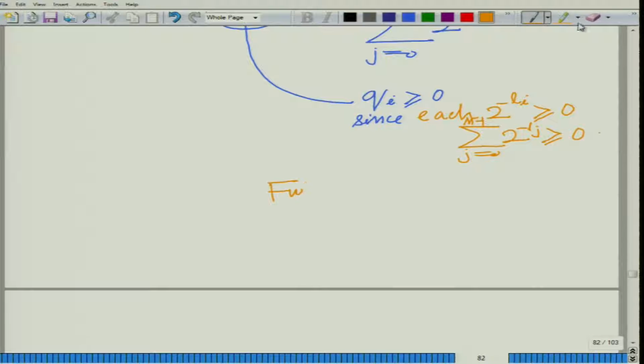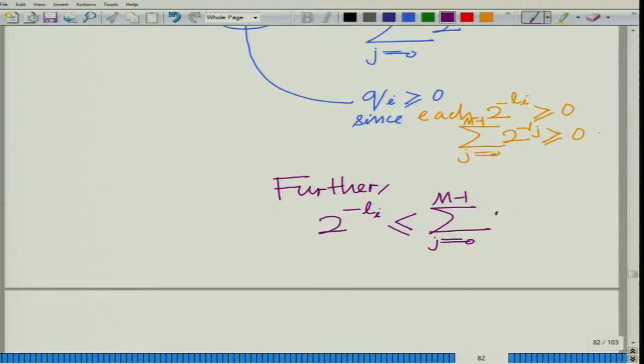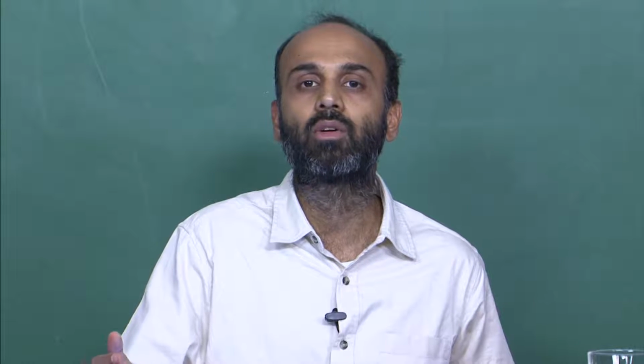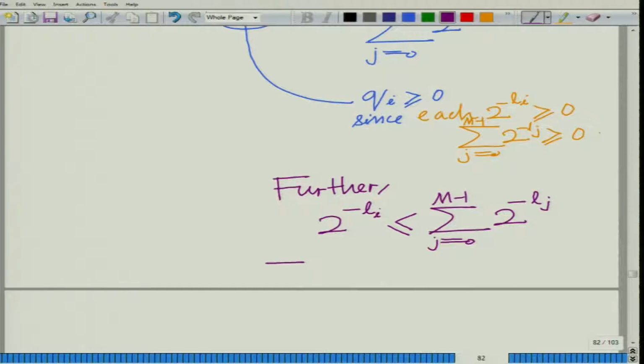Further, we have each 2 to the power of minus Li, remember all the quantities are positive, is less than or equal to summation j equal to 0 to m minus 1 of 2 to the power of minus Lj, because 2 to the power of minus Li is one of the components in this summation. Alright, so all the quantities are positive and 2 to the power of minus Li is in fact one of the components in the summation on the right hand side. Therefore, 2 to the power of minus Li is less than or equal to summation j equal to 0 to m minus 1 of 2 to the power of minus Lj,